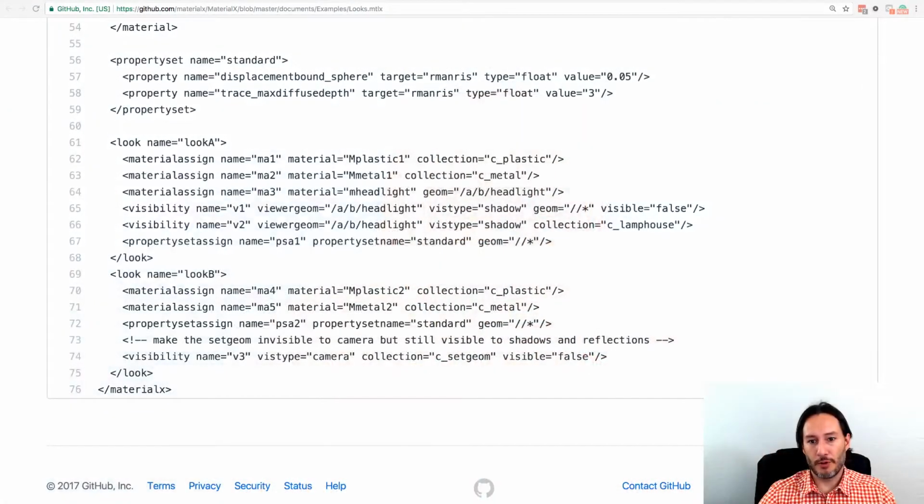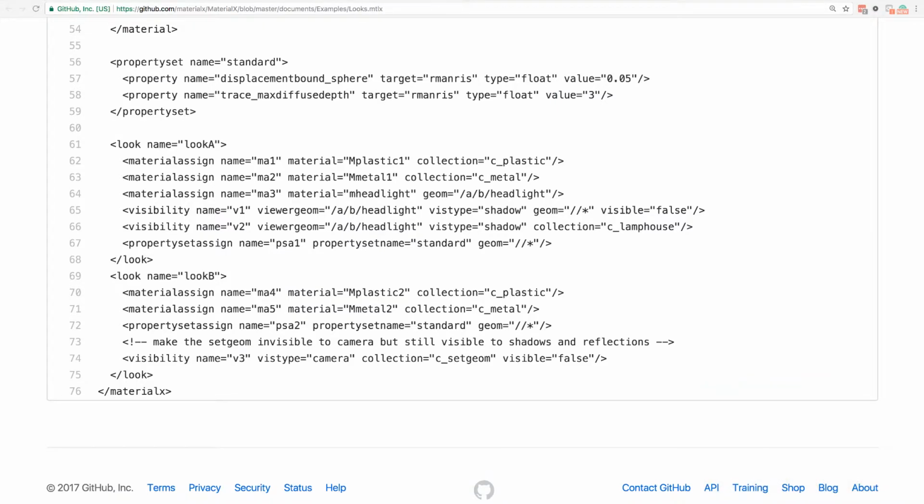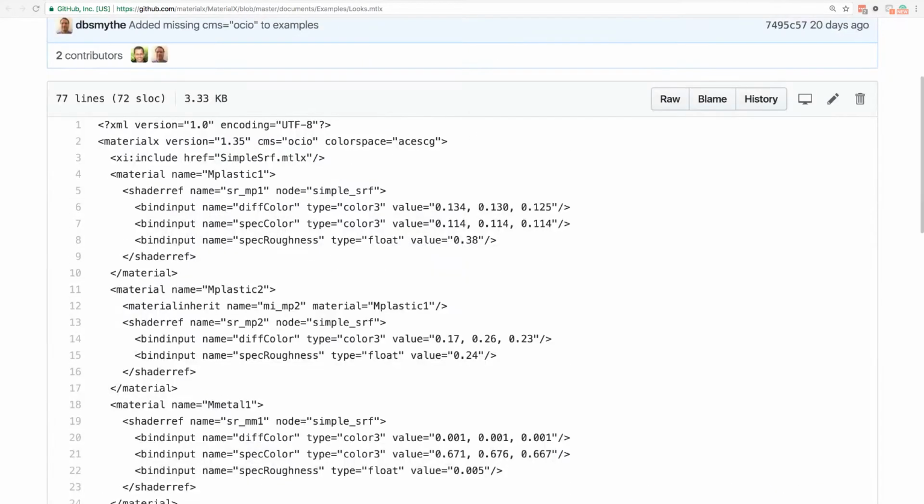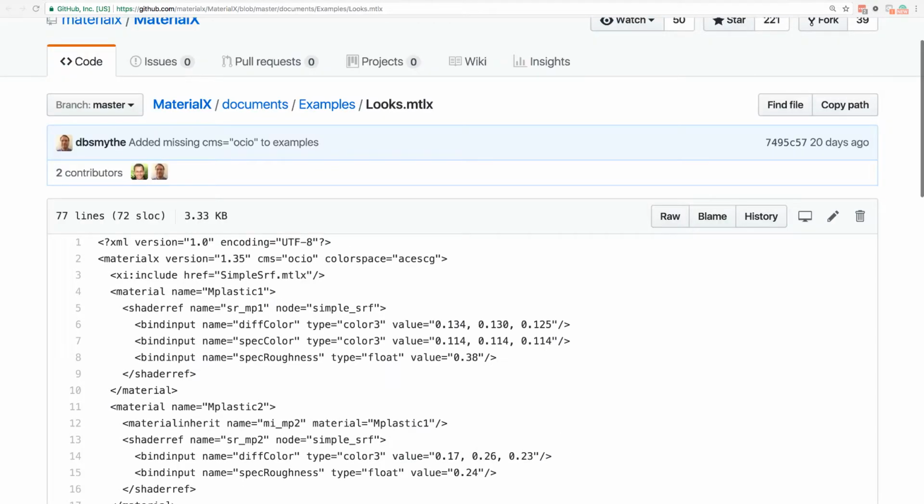And each piece of geometry that is interacting with a light might need very specific attributes set for them. And for this reason, this specification allows you to specify visibility of geometry to the different kinds of rays, such as shadowing, that are available. So that's pretty much all the examples that I wanted to go through. Now I'm going to use these examples to start breaking things down a little bit.